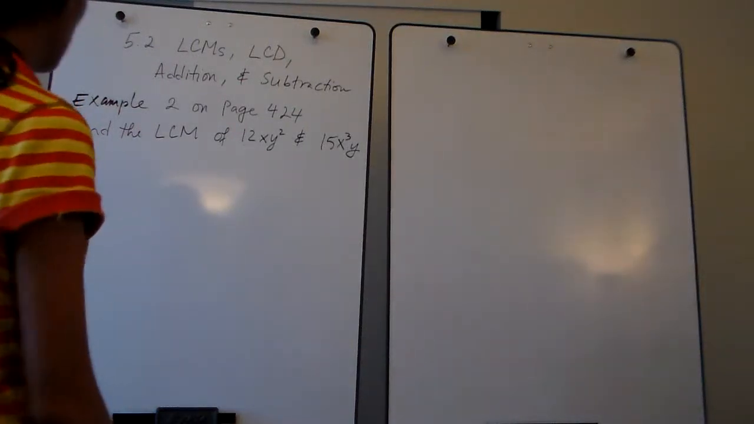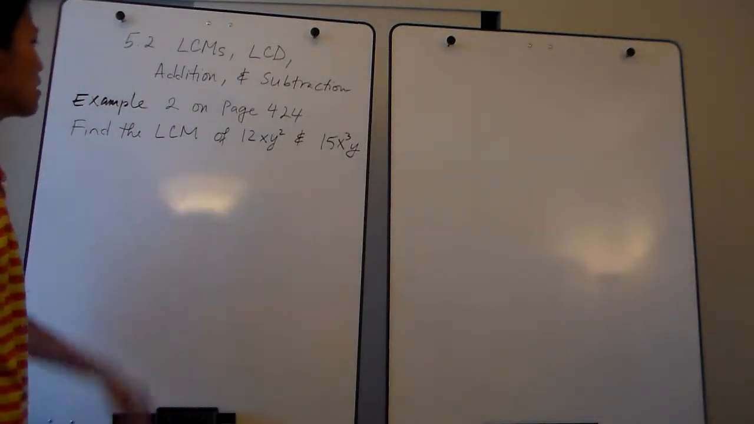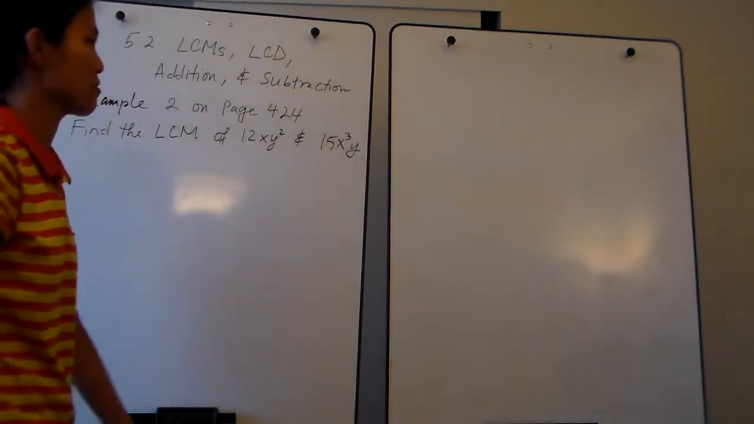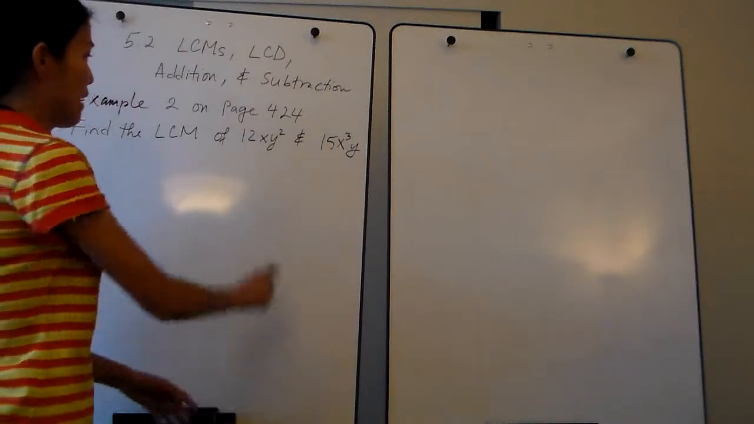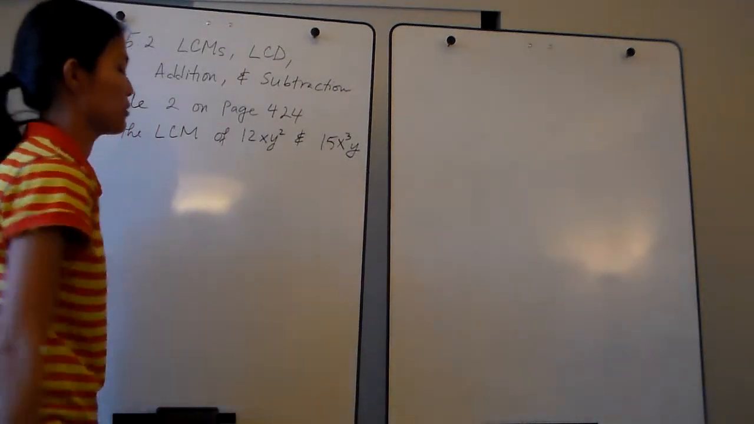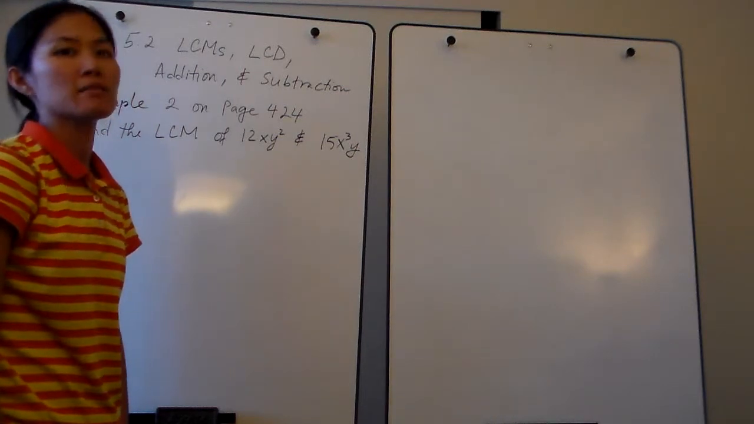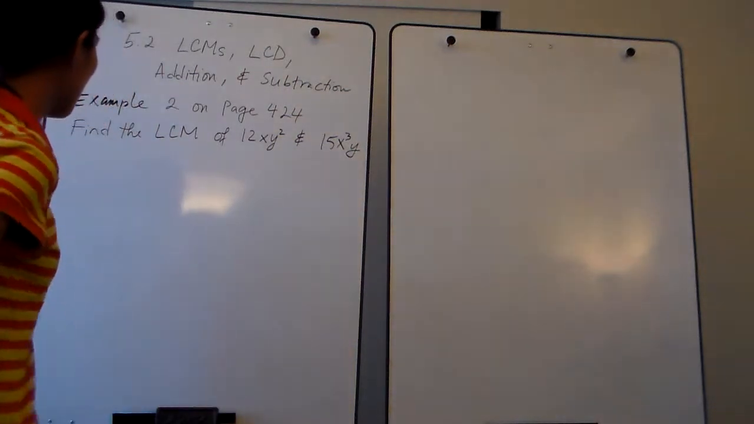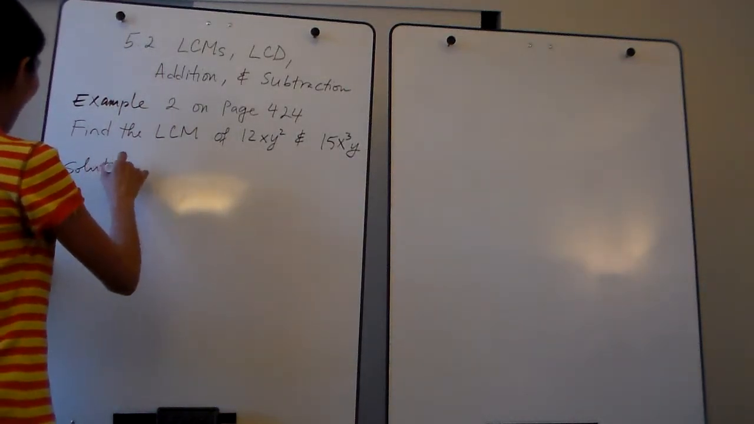Example 2, on page 424: find the LCM of 12xy squared and 15x to the third power times y. To find the LCM, we need to factor both of these expressions. We use the factor with the greatest number of times that it occurs. Alright, for this first expression, solution,